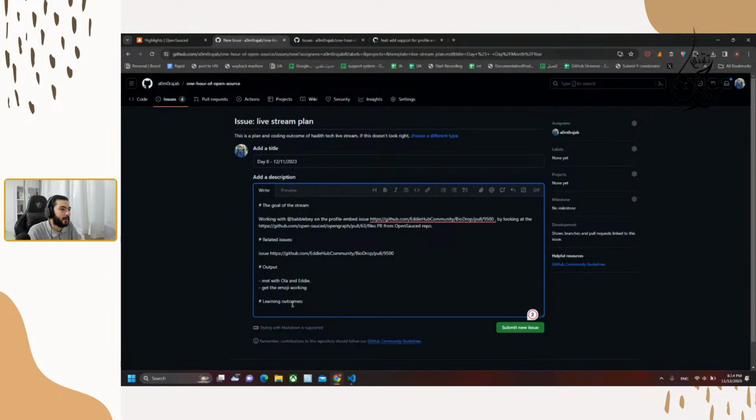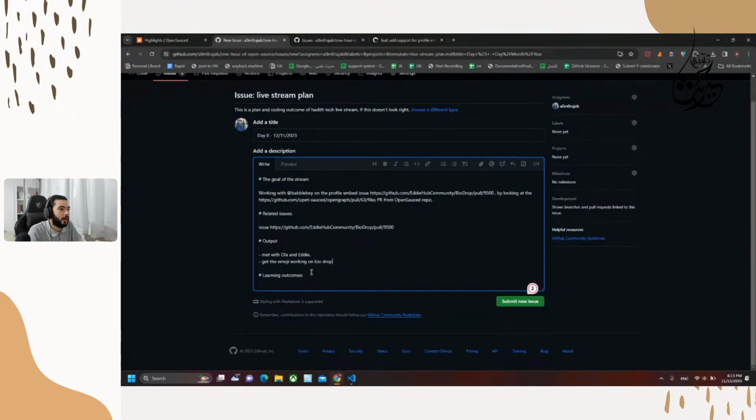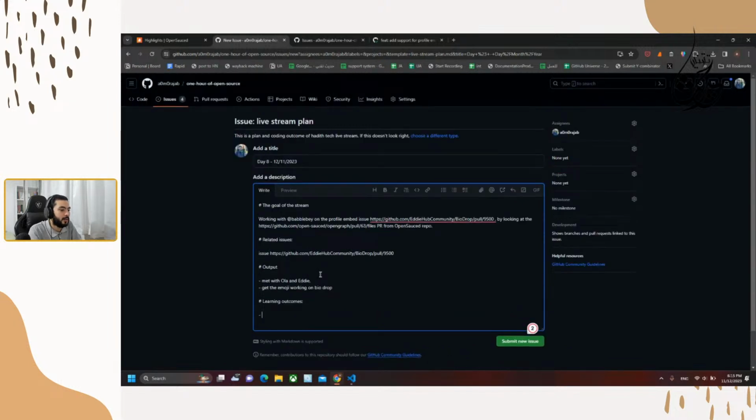And then we got the emoji working on Biodrop. As the learning outcome yesterday, I think the port forwarding was super awesome, which is the thing that Ola did when he was showing me how to run the file that they are using in another place. So yeah, that's it for yesterday.